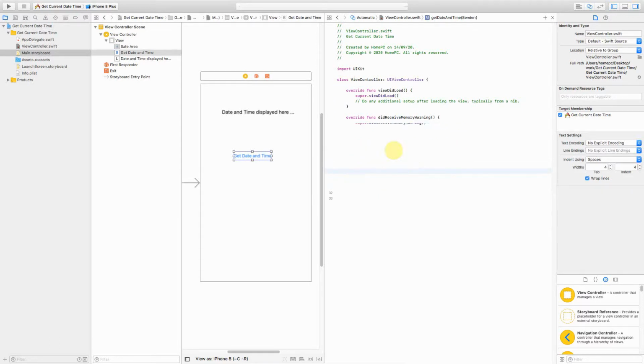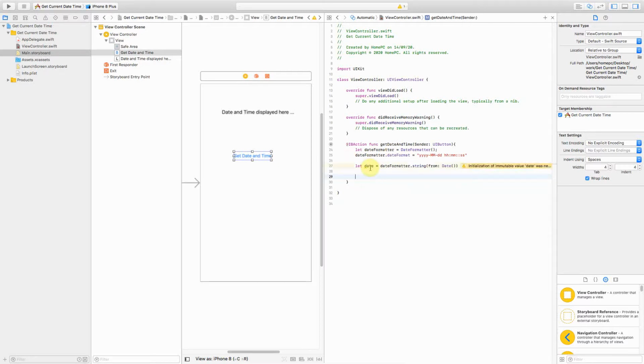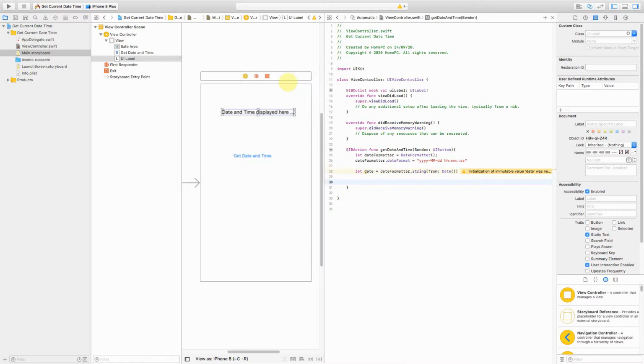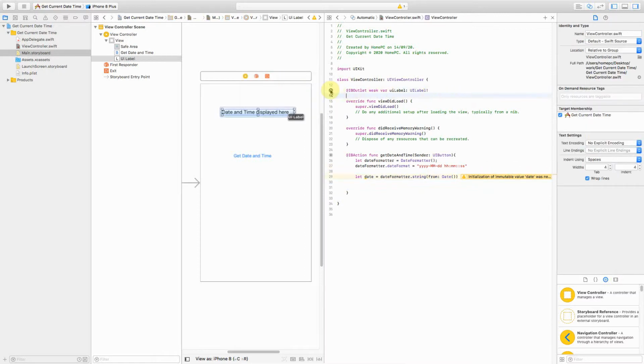Perfect. That's all. Now we have to display the output we get in the date in this particular label. So we will again use control to drag and connect it to an outlet here, and you can name it anything. I'll just name it UILabel, and if you notice, a UILabel gets created. How can you see what it's connected to?